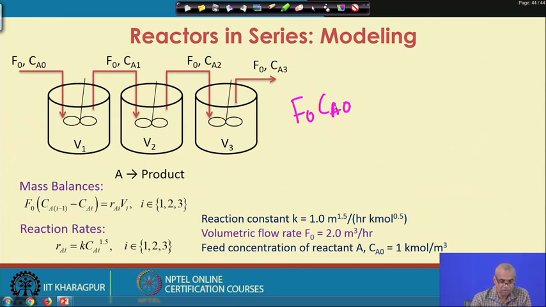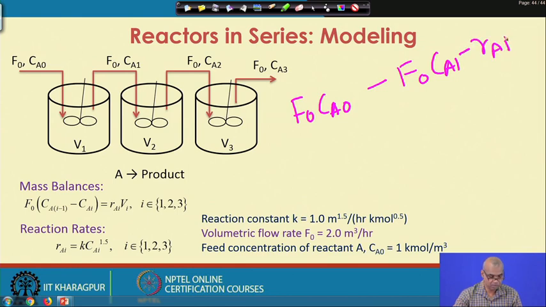Then what goes out from CSTR 1 is F0 Ca1, and what gets converted to product is RA1 V1. Similarly, we can write this for CSTR 2, CSTR 3 as well,